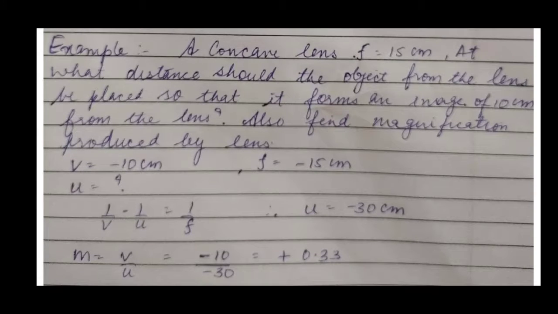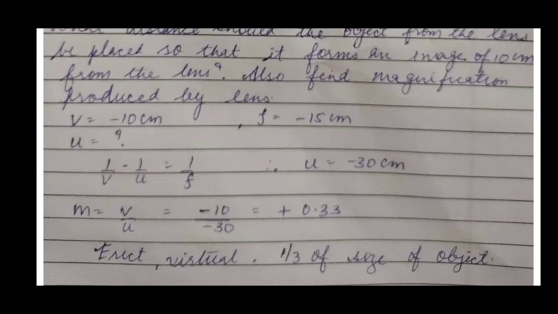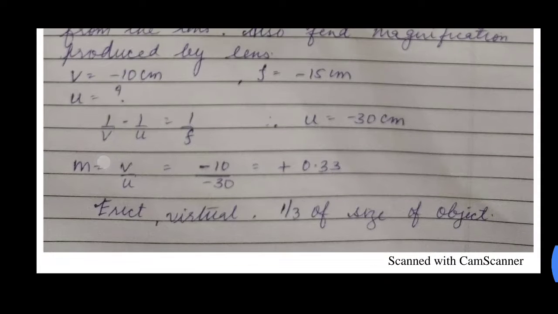Only after learning the ray diagrams and the formation of images can you do the numericals. Without knowing the ray diagram, you cannot do the numericals, or at least you should know where the image is formed in the case of a concave lens and a convex lens. Only then can you do the numericals, because in numericals you have to put the positive and negative signs in the object distance, the image distance, the height of the image and the height of the object. Then only your numericals will be correct.